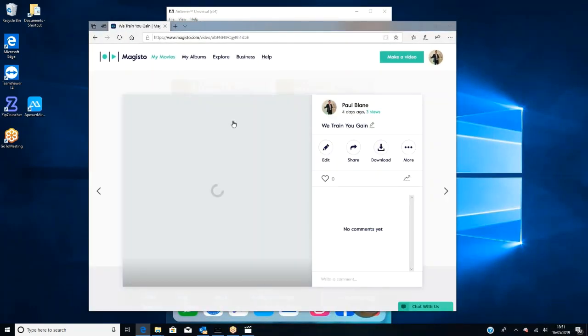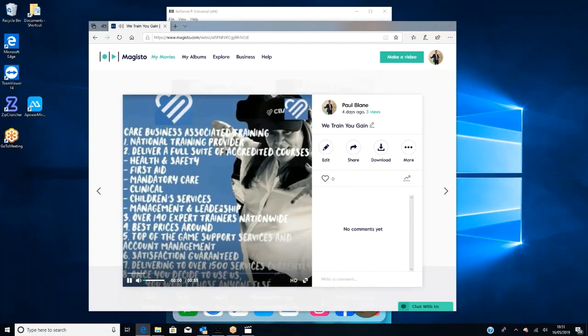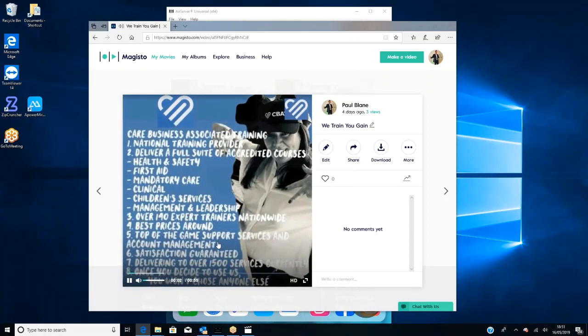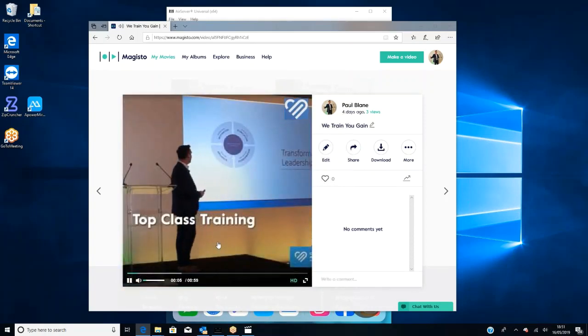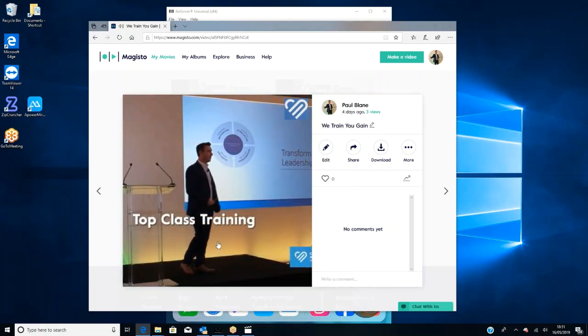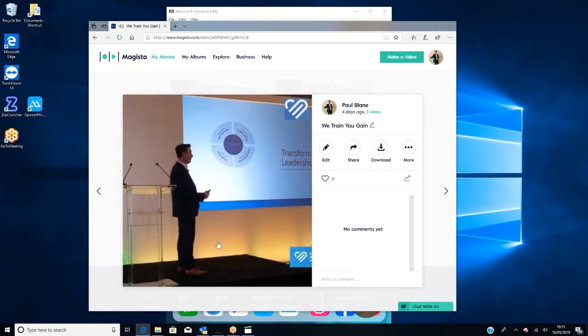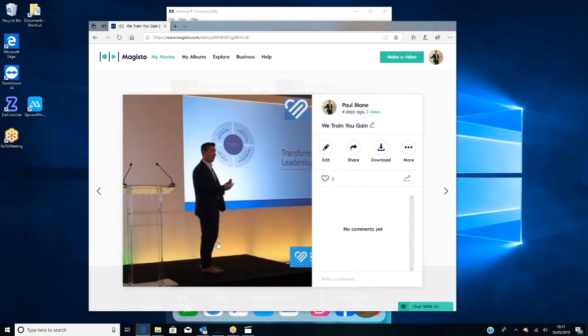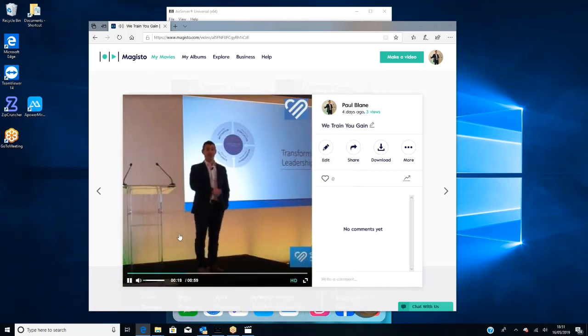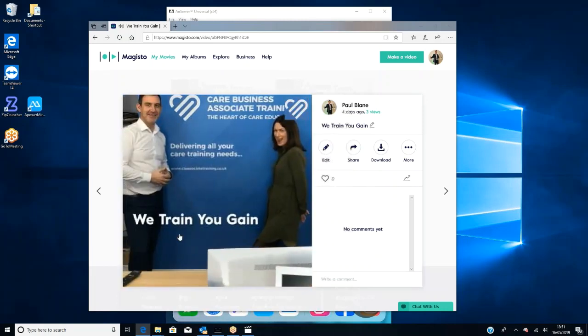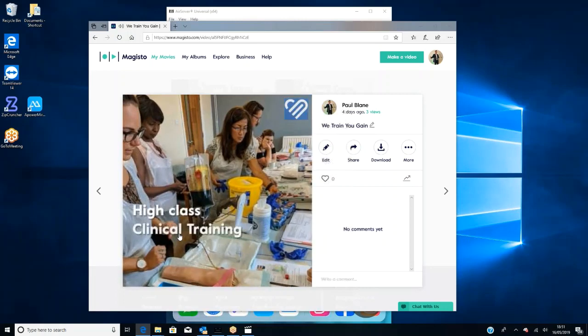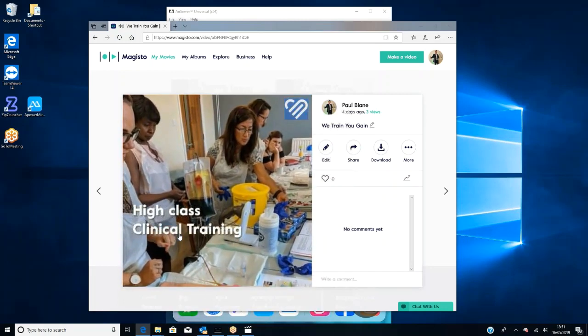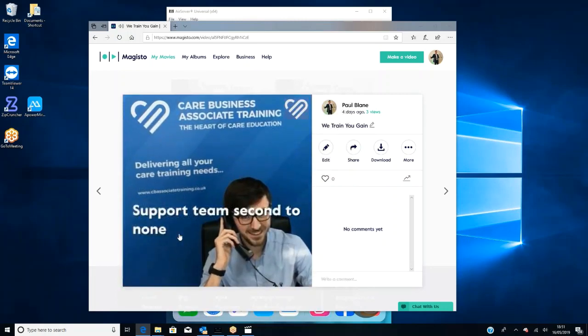But this would be Magisto. You might have seen this. It took me roughly 15 minutes to make this. It has the background tunes to it, and you can edit it easily. So what you're doing here is using content where you've videoed, it could be members of staff talking, and then you're flying it through pictures with your details on it. And it's just another snapshot way.